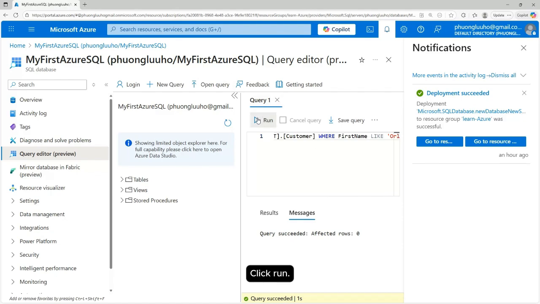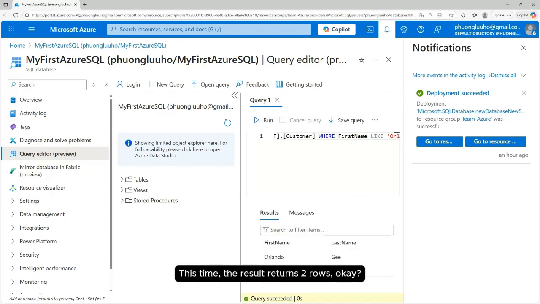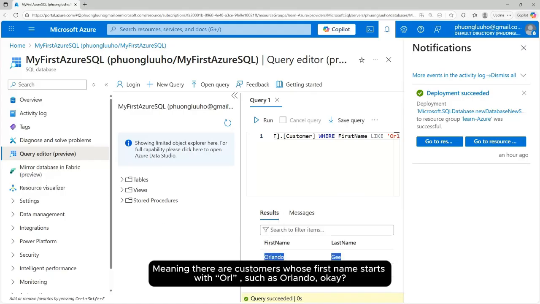Click run. This time the result returns 2 rows. Okay, meaning there are customers whose first name starts with ORL, such as Orlando.